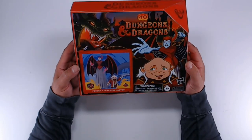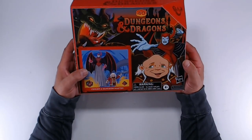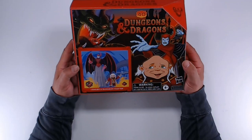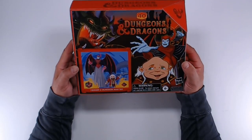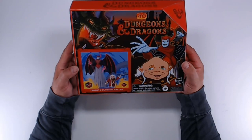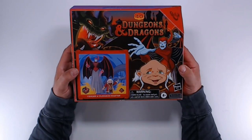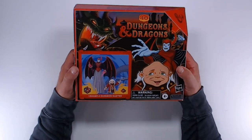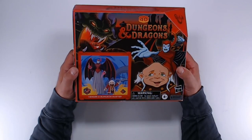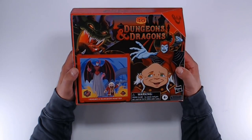Initially I really wanted this set, but then I saw the prices and I was like, eh. And then I heard all the stories about quality control and problems with the figures. And then we also have the hidden box trick, so we don't know what we're getting, so we're always taking a chance. That turned me off on this. Price-wise, the box, the quality control, I'm not going to pay $50